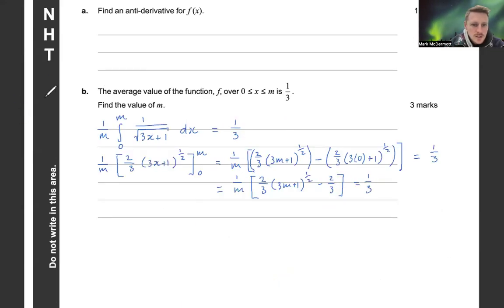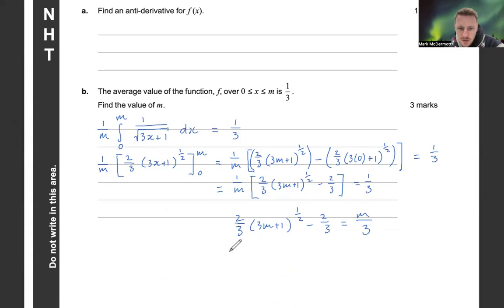All right, let's keep going. So, we could multiply this 1 on m. So let me explain. 2/3 times the square root of 3m plus 1 minus 2/3 equals, multiply that. I'm going to get m on 3 on the other side. Let's just drop this equal sign here. It's a bit dodgy, but